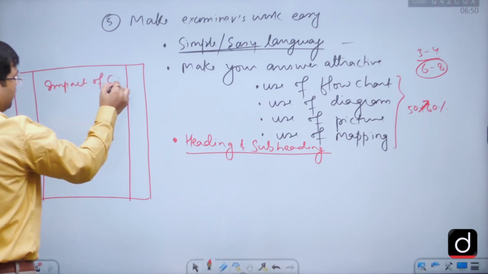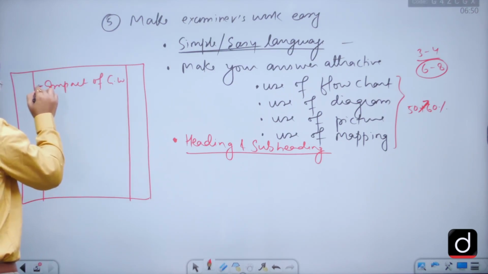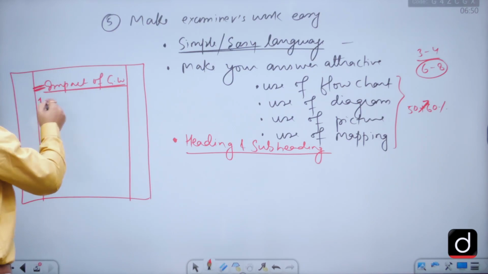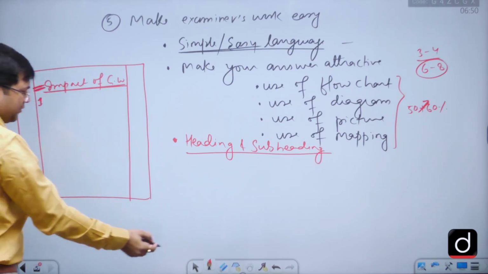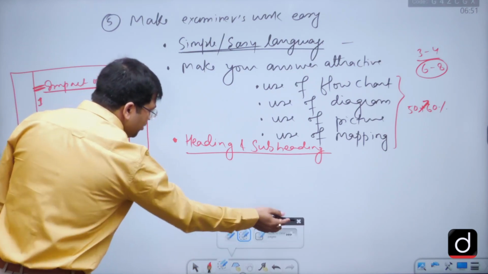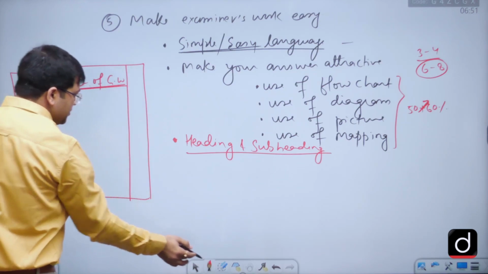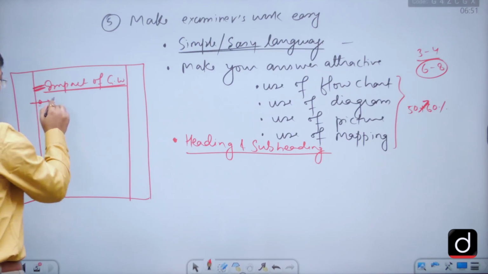Impact of global warming. Now, impact on Himalayas. First, here it is, this is the heading. This is called the heading. That means you are addressing this issue in the lines below. You don't even need to write the number. You can simply put some symbol here, in the form of a dot, a line, anything.